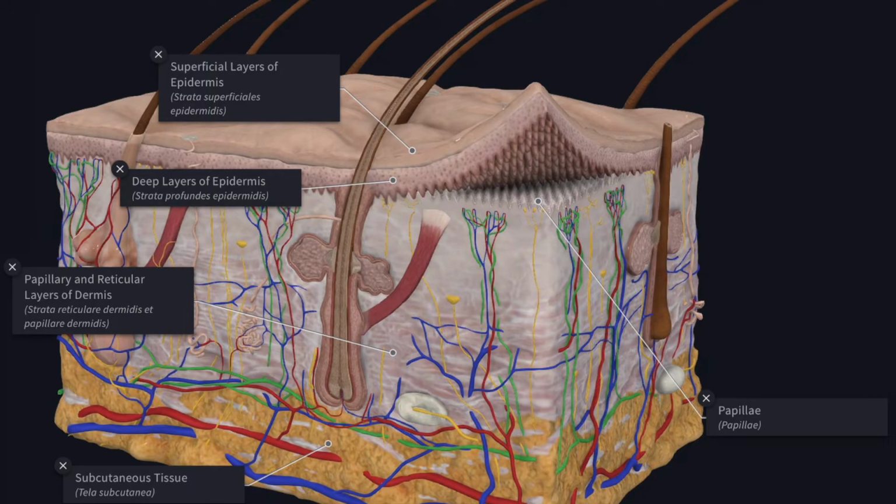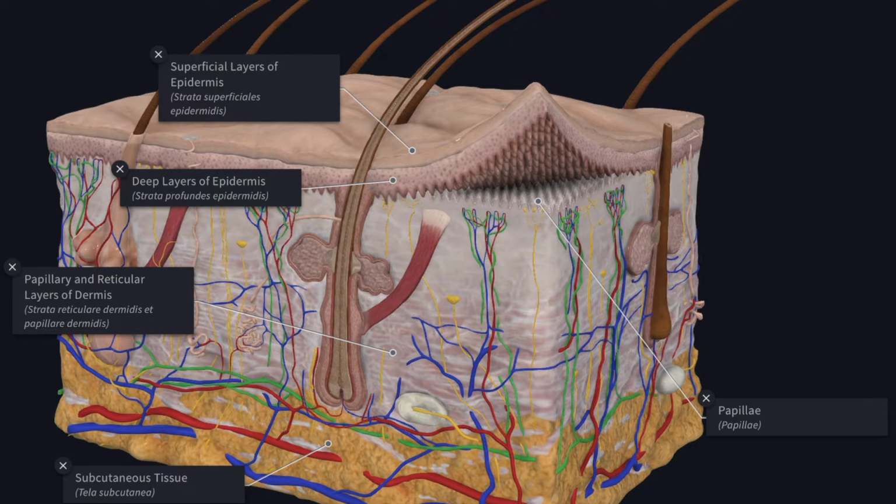In this video, we'll study the histology of the skin. The skin forms the external covering of the body and it is the largest organ, which constitutes 15 to 20% of the total body mass. So when you see the types of the skin, there are two types of skin.